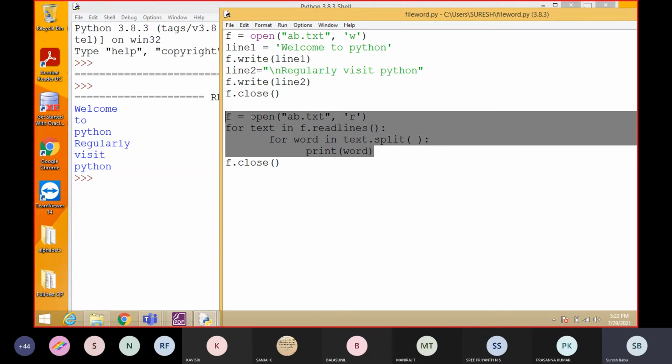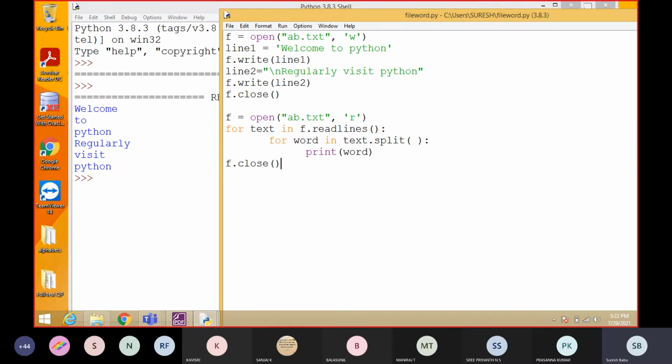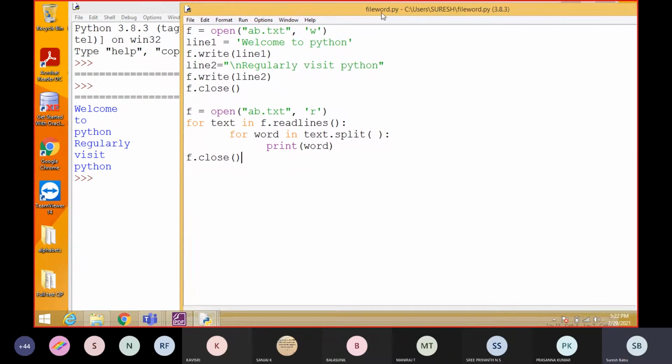So kindly tell me, students, we need to give some condition here. Students, think and answer me. We are going to see these kinds of programs only. They will ask in the exam like this: write a program to display the words which have the starting character capital T or small t, or words which have only 4 letters. I am asking you, kindly think and tell me what condition we should give.